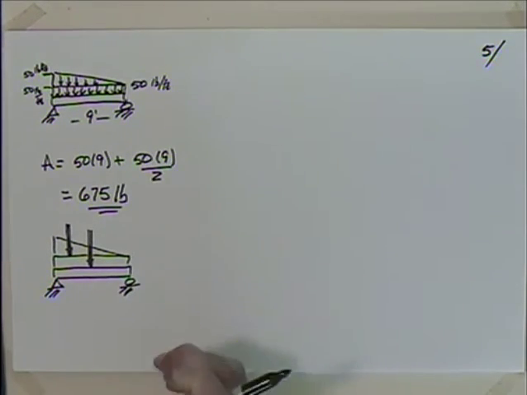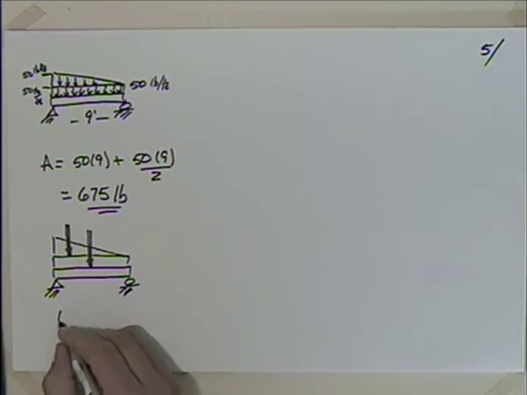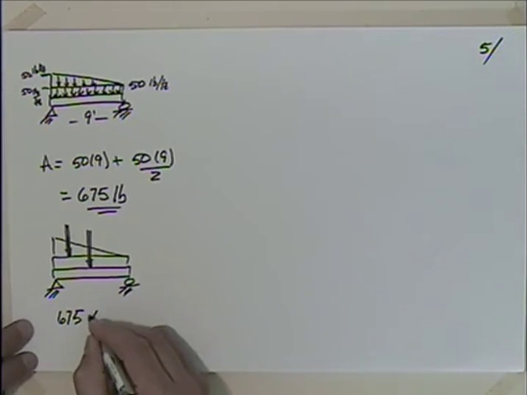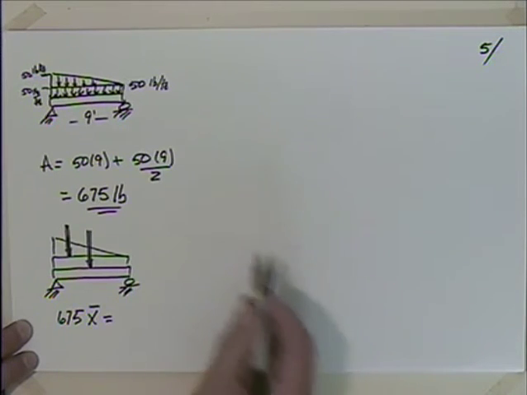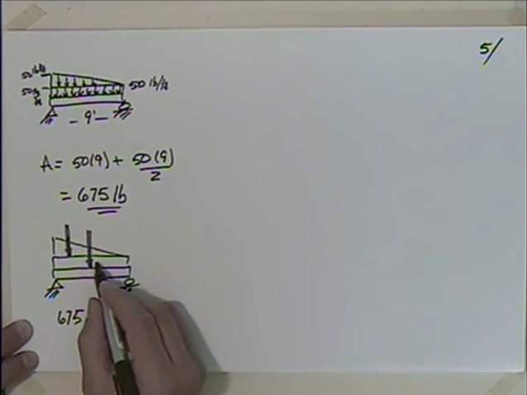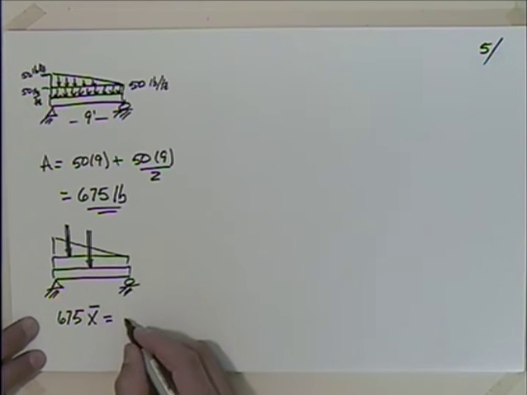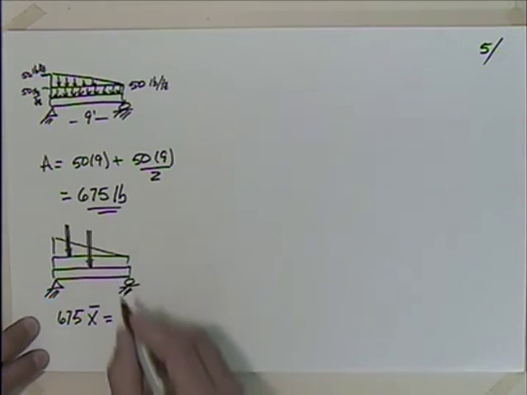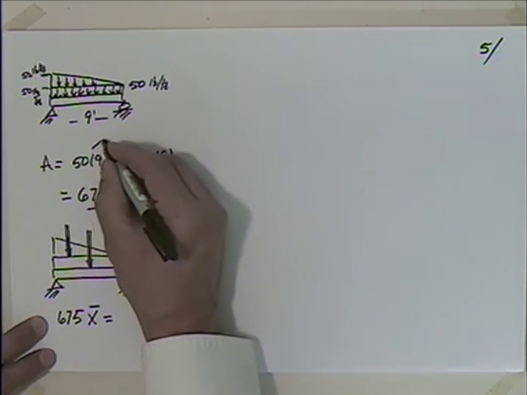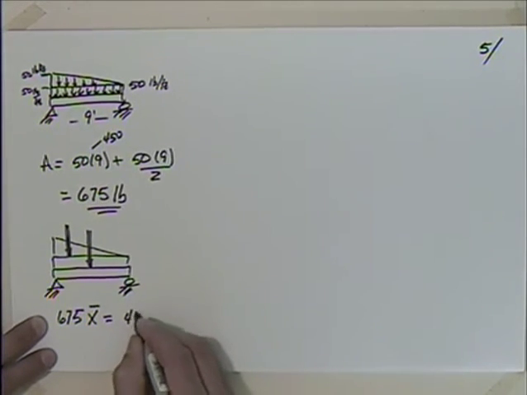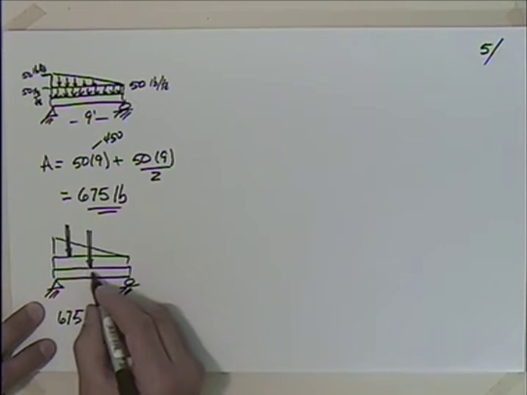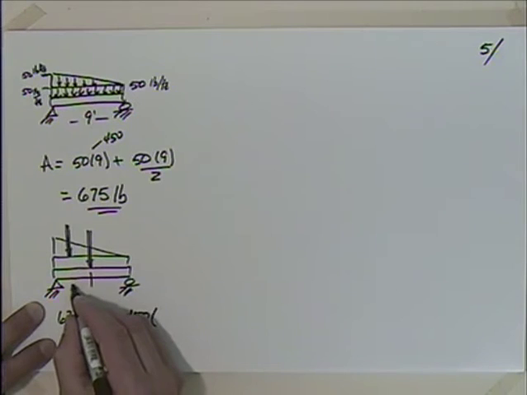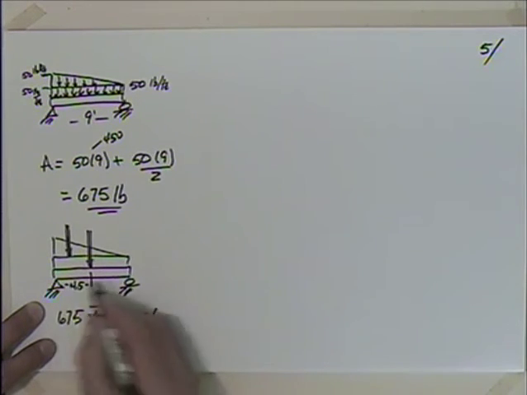Okay, so I could say that 675 times x bar would be equal to the area of the rectangle, which is 50 times 9, that's 450, right? 450, and what distance is that acting through? That's acting at halfway. This halfway point is 4.5